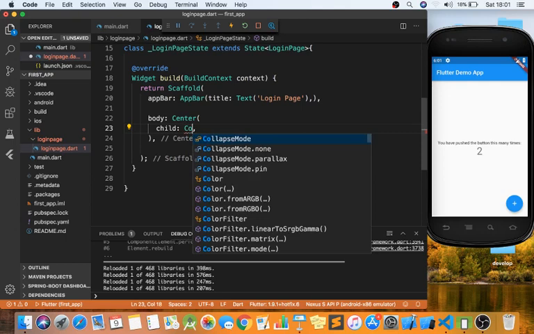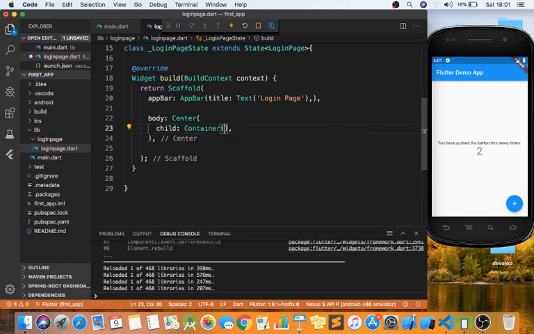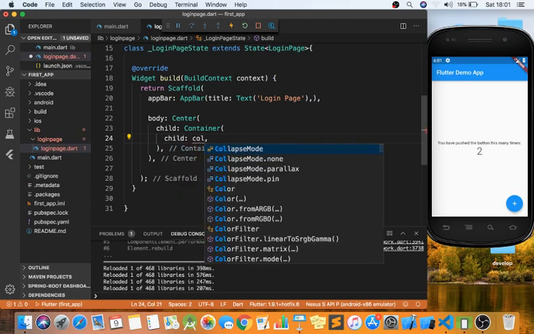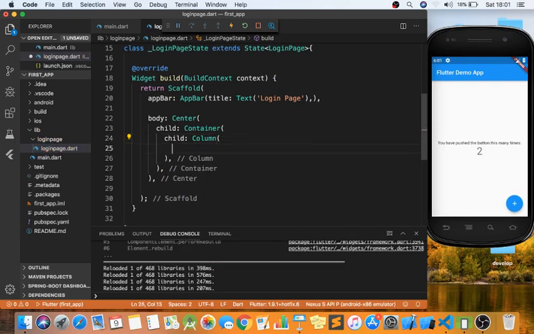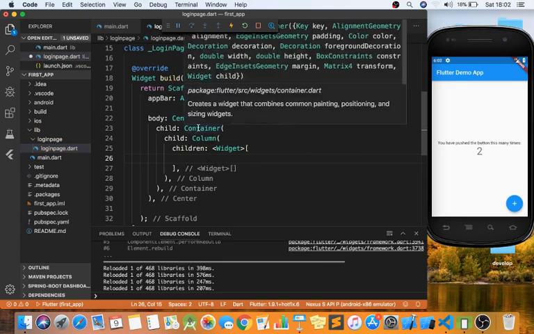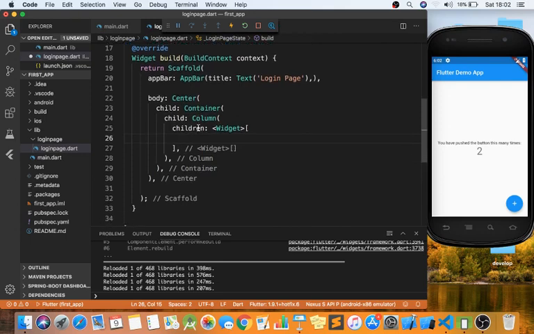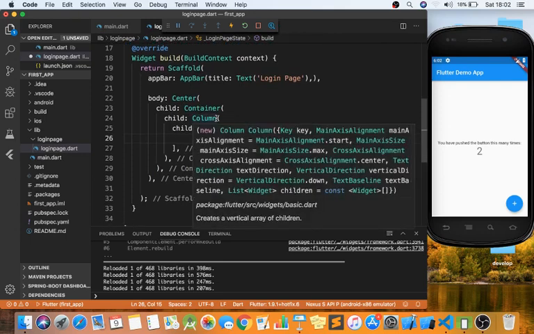So actually I'm going to have a Container, and I'm going to have 3 rows. So Row, or Column, try again, Column, it's going to have children. Okay, so this is going to center my screen, and this is a Container, just like a div element in HTML. So I'm going to have a Column, and I'm going to have 3 rows